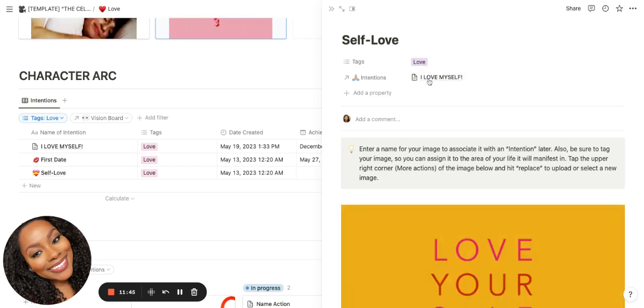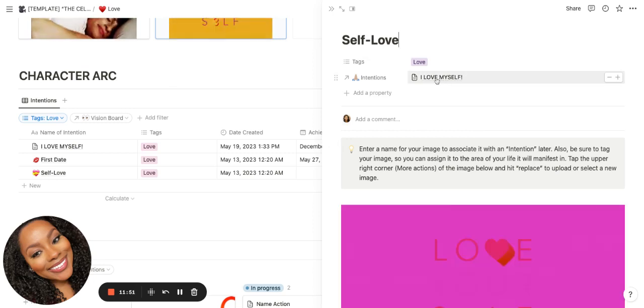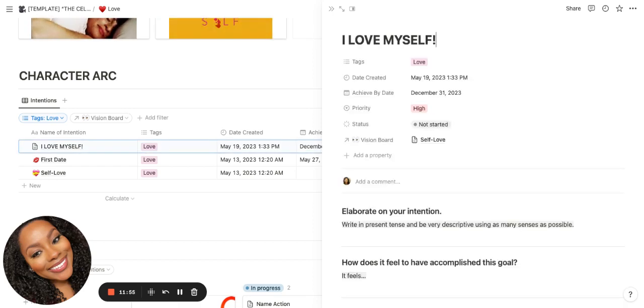All right, now we can see that the self-love image has been associated with our I love myself intention. So we're going to click on I love myself in the intention section so we can jump back to our